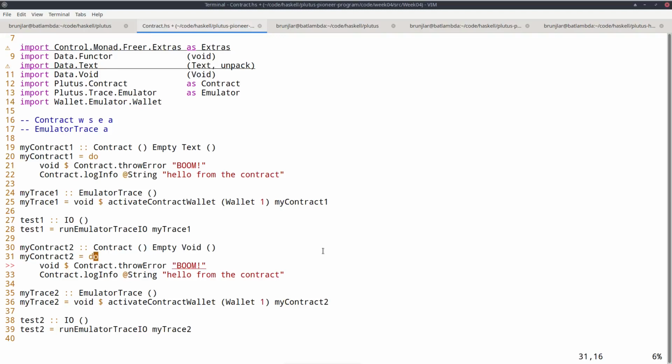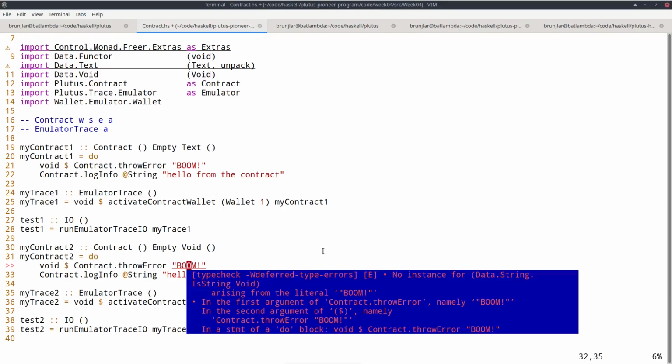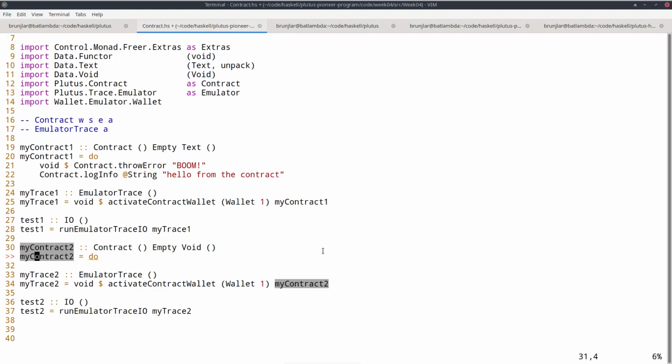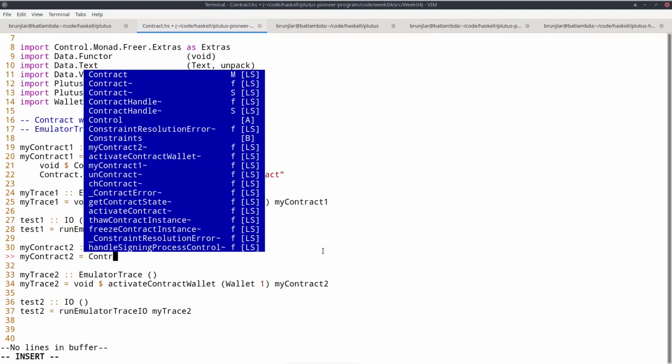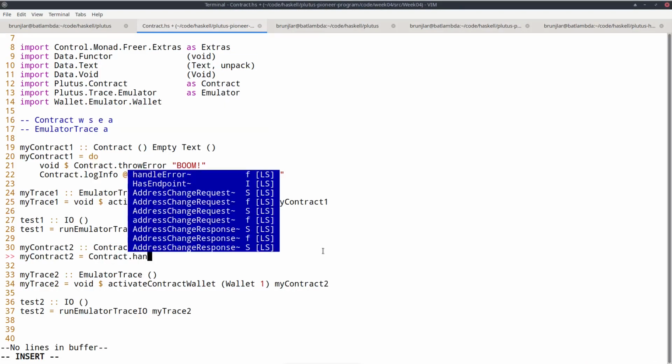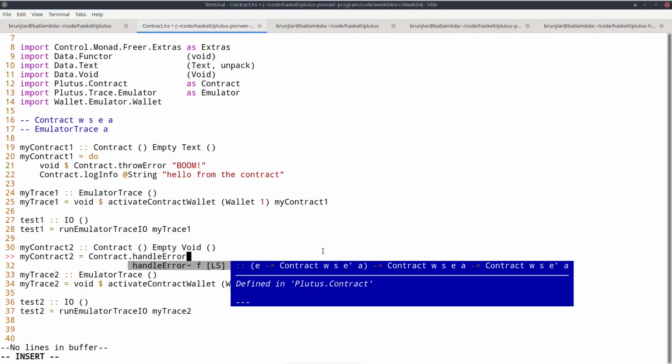So what I want to do is call contract 1, but handle the exception. And to do that, there is contract handleError. And if we look at the type, it takes a contract with error messages of type E and a handle.